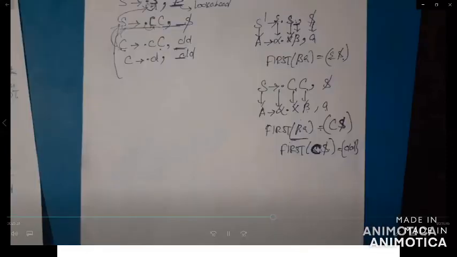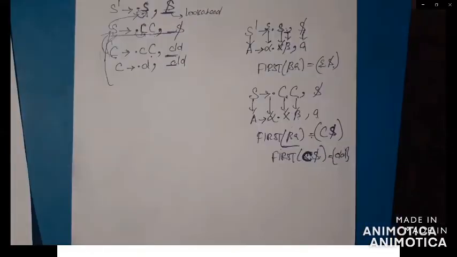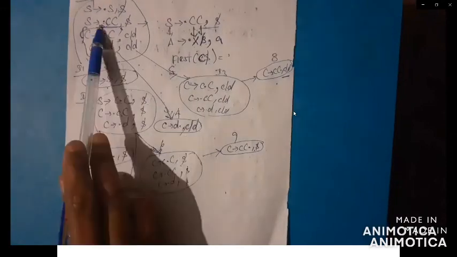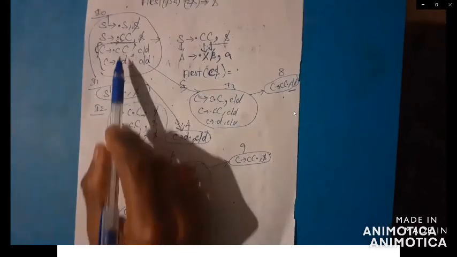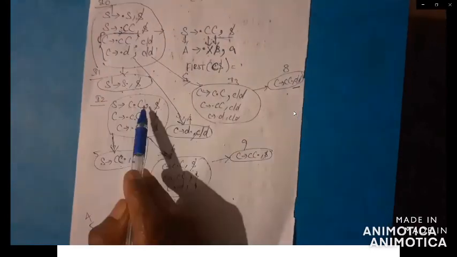Similar to that, you got to complete the given problems. Here I completed the given problem. This is for I naught. After I naught, they got to go for I1. I1, dot S can end with S dot, dollar. Then check the second grammar, S dash into dot CC. So here dot CC, the dot can move to C dot C, comma dollar.